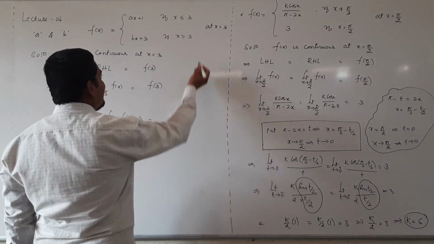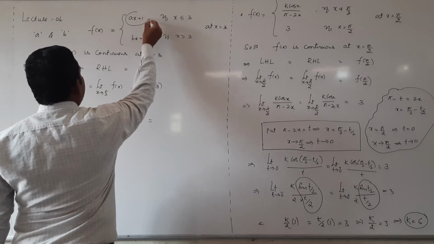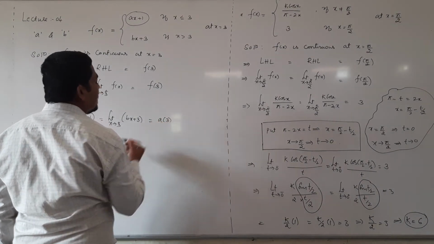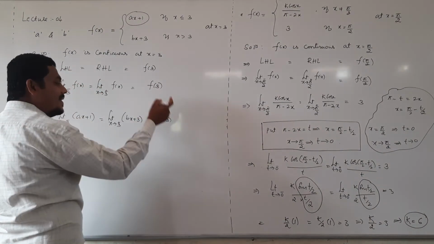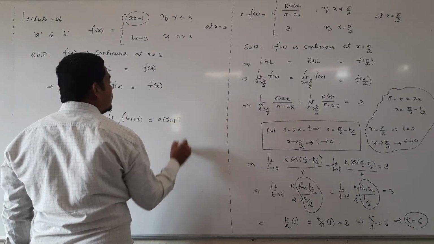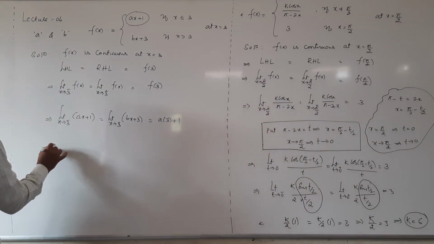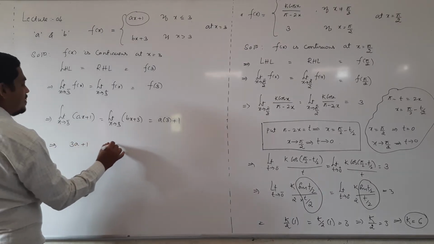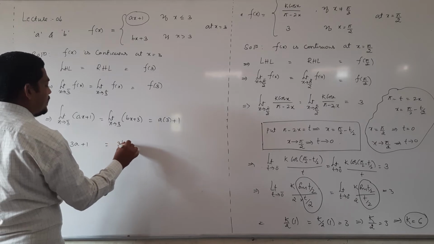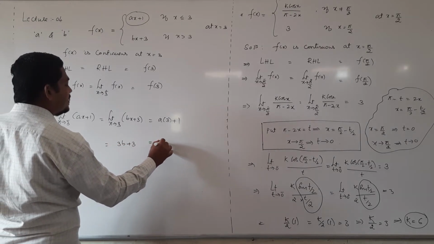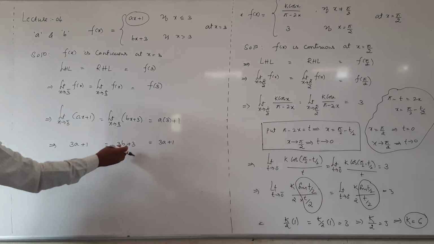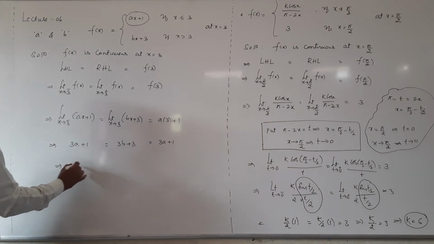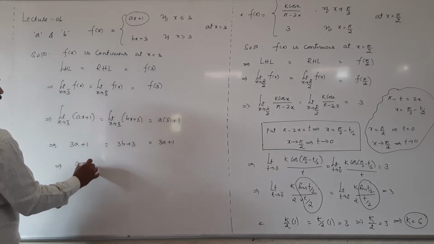For finding functional value, including 3, our f of x is ax plus 1. Means a into, replace that x as 3 because f of 3, not f of x. So replace that x as 3 plus 1. Now apply the limit. Put x value 3 here, 3a plus 1 equal to 3b plus 3 equal to 3a plus 1. Now 3a plus 1, here also 3a plus 1, equate any two, then it will be 3a plus 1 equal to